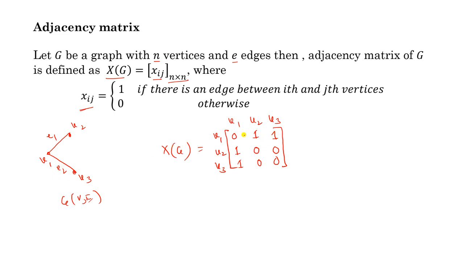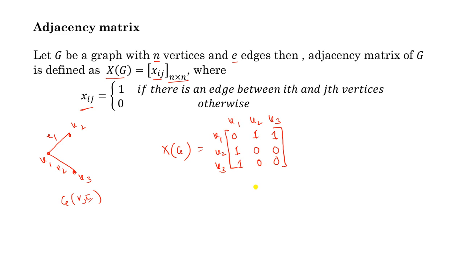Now if you look at this, this is a square matrix and this matrix is symmetric. Why symmetric? Because, as I already told you, if E1 is the edge between V1 and V2, you can say E1 is the edge between V2 and V1, because this is an undirected graph, no direction is given to the edges. So this matrix is a symmetric matrix. Again the same thing: if you find the sum of any row or column, then this will give you the degree of the corresponding vertex. For example, the degree of v1 is 2, the degree of v2 is 1, and the degree of v3 is 1. So in this way you can write the adjacency matrix.